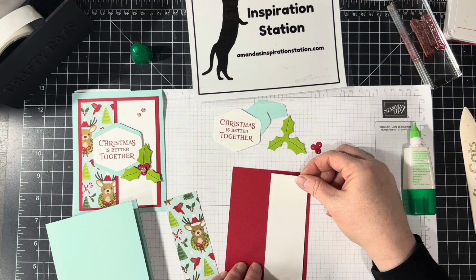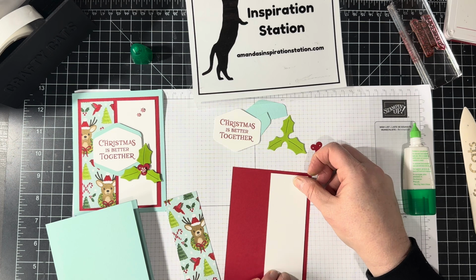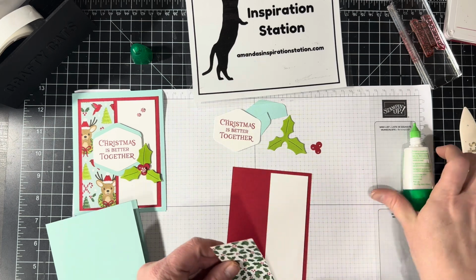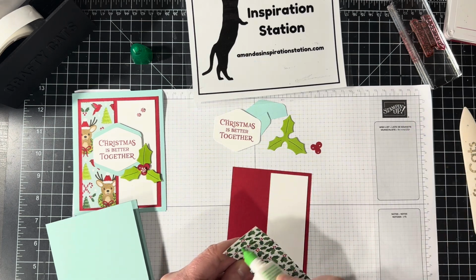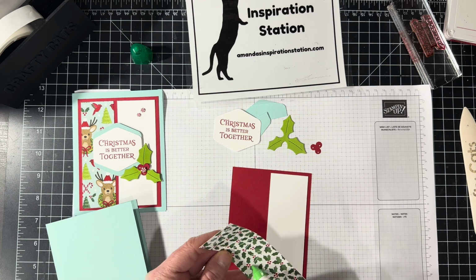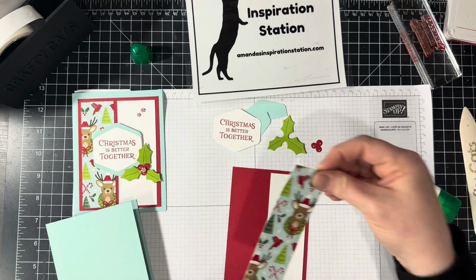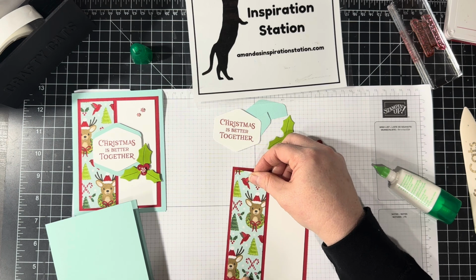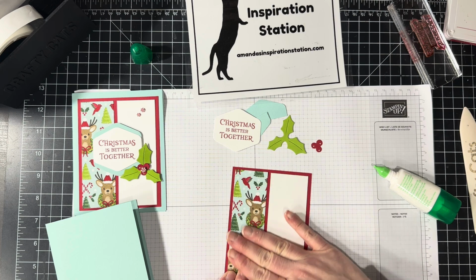This would be a great, first of all, I just like the sketch of this card. I like the layout of this card. You really can do any kind of style card with this. But I really do like this as a Christmas card. It's an easy Christmas card. You could cut up a bunch of these, punch out a bunch of this, and then just mass produce a